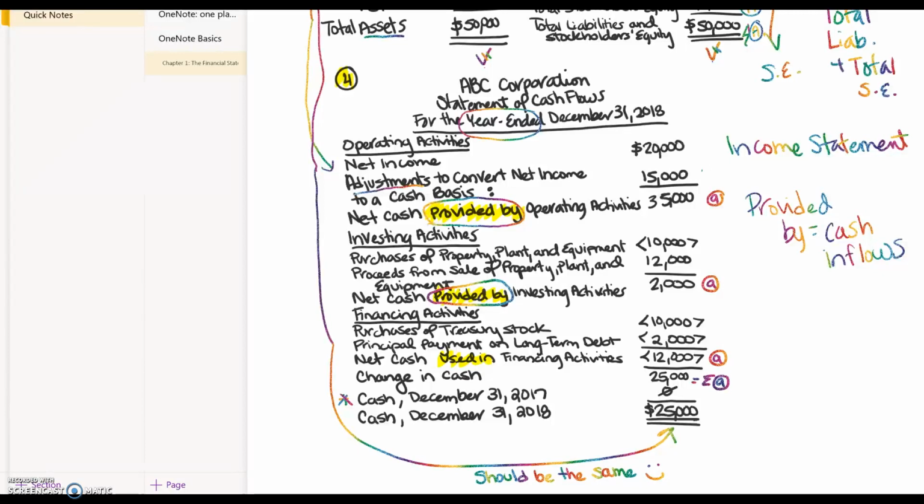The last category is our financing activities. So anything having to do with our shareholders. We've issued common stock. We've reacquired common stock in the form of treasury stock. If we've paid any dividends in cash, we'd see them here. Items like that are going to be listed below. So purchases of treasury stock, we have an outflow of 10,000. Principal payment of long-term debt, an outflow of $2,000. Net cash used in, notice the difference in wording, used